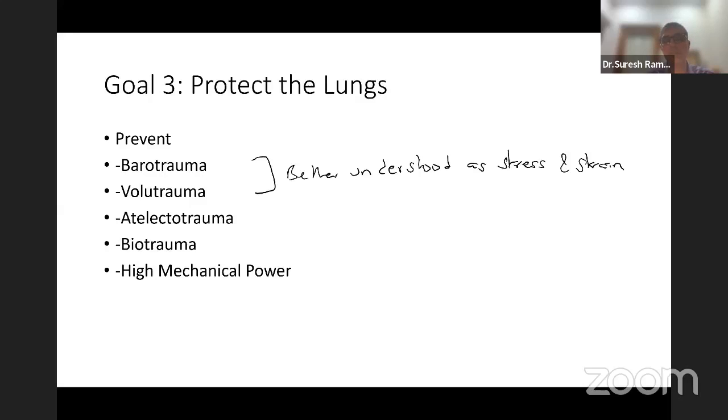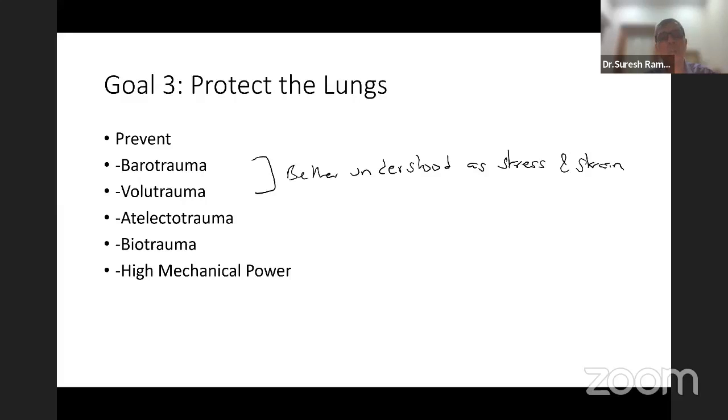And the last goal of ventilation is to protect the lungs, and that is, as I said, to prevent the volume trauma and obviously the barotrauma. So limit the pressure, limit the volume. Now the question was which one is more important. So to keep an airway pressure with a plateau pause pressure of less than 30, or was it important to keep the tidal volume low as shown by the Dreyfus's study with the strapping of the abdominothorax? So this was always difficult to assess, what is more important, to keep the plateau pressure or to keep the tidal volume low. But this is better understood if you understand.